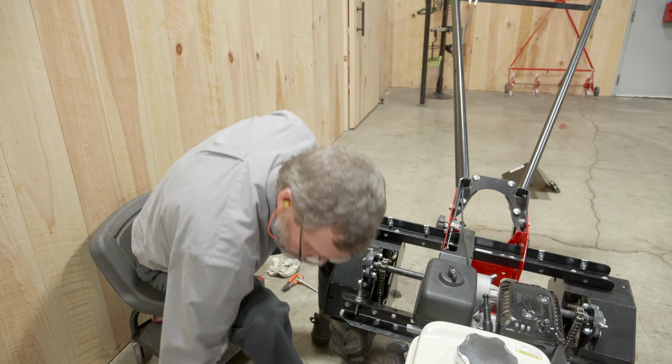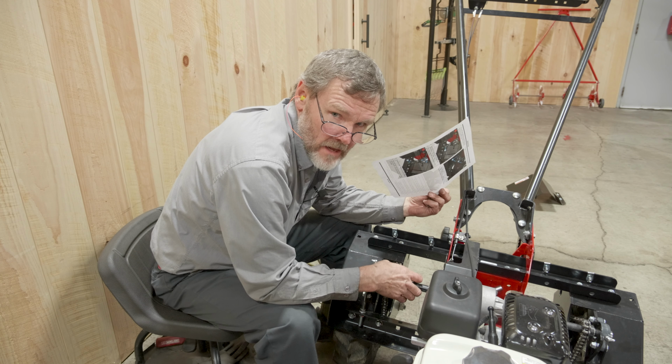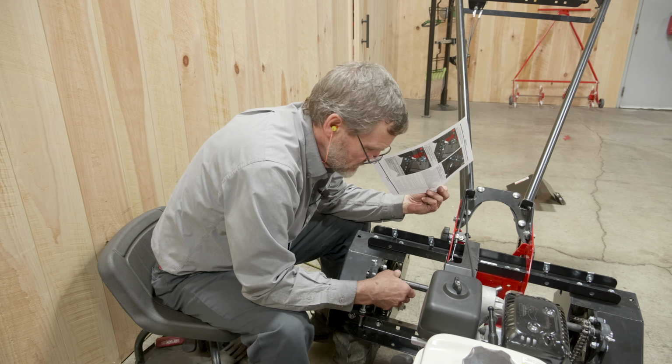Now, when it talks about chain tension, it's a little bit like the Goldilocks phenomena. You don't want it too tight or too loose. Too loose would mean that it would be almost falling off or falling off. And too tight, you hear a lot of ratchety noises coming from it that aren't good. So when the chain is tightened properly, you just need a little bit of deflection. If you sight from the top sprocket to the bottom sprocket and just about in the middle, press your finger, around 1/4 inch is sufficient, and you can make adjustment if you need to by adjusting